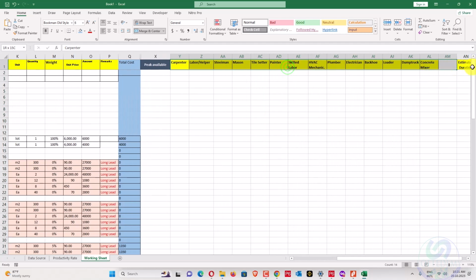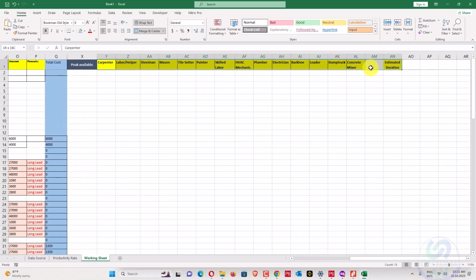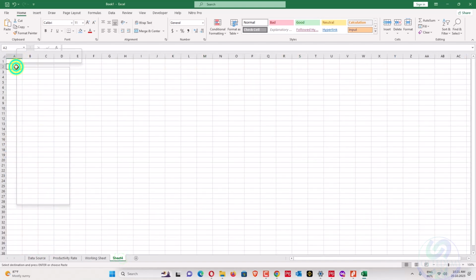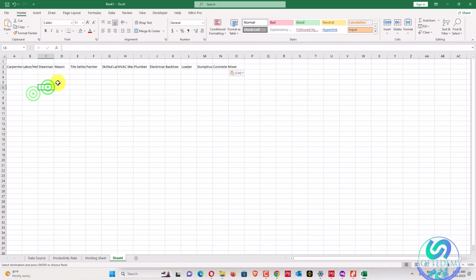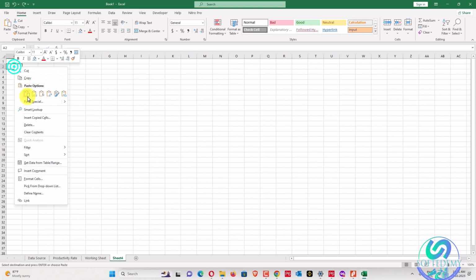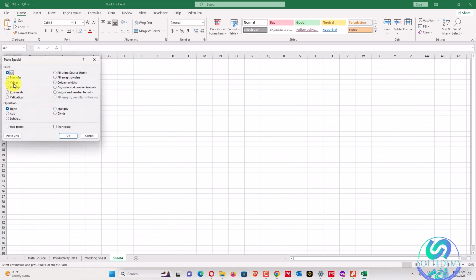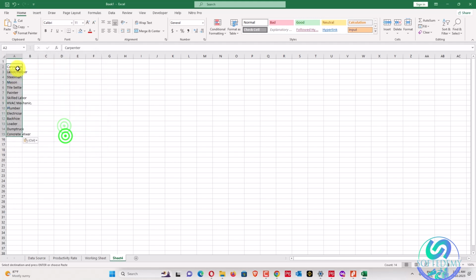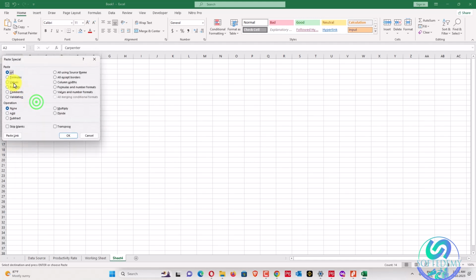Before going ahead, I think we can write activity codes for the resource code for that one. Paste special, value, transpose, this one, paste special, format, transpose.